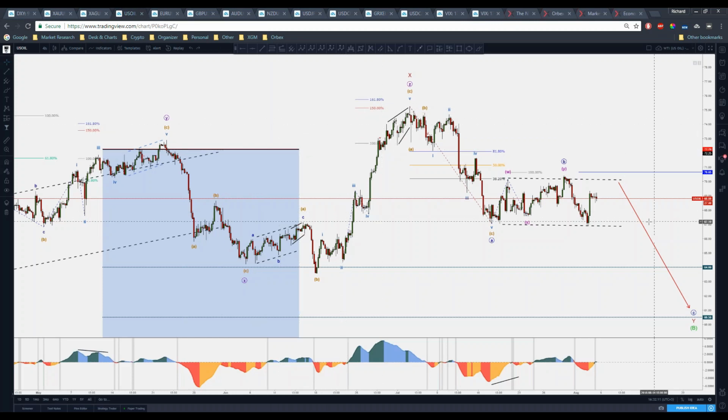Crude oil, a little bit. I'm not sure what to do with this pattern, if it's done or not. It looks like it is, but you can also be tricked. So this can be an A, and this WXY, B, and then C. However, 100% right here, we can also use this. Let's say from A towards B, 100%.